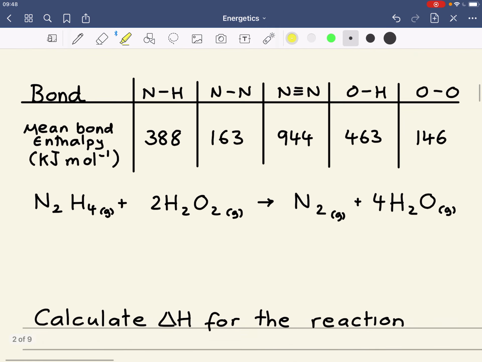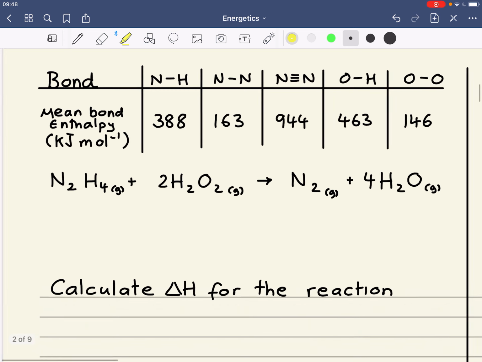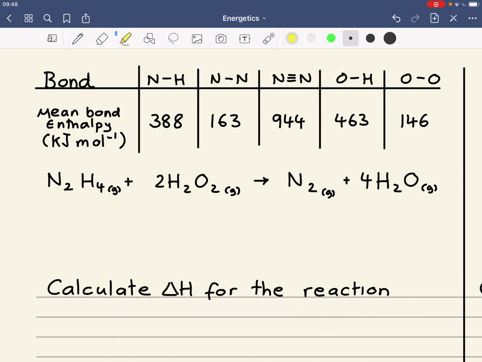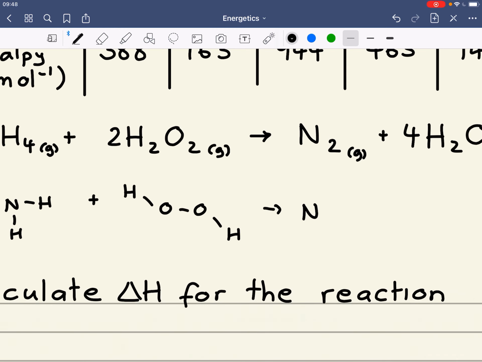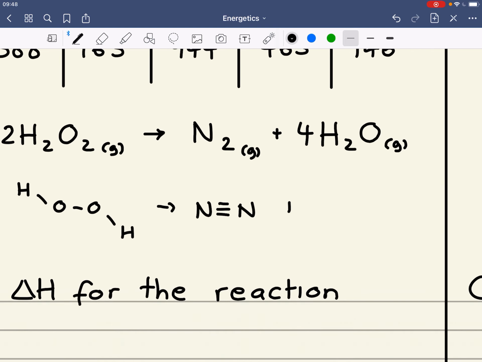So I've got a question now where I've got to calculate the enthalpy change for this particular reaction. It's a reaction of hydrazine with hydrogen peroxide to produce nitrogen and water vapour. In a reaction like this, we need to know the type of bonds involved in the reactants and products. Hydrazine involves a nitrogen-nitrogen bond and 4 N-H bonds. Hydrogen peroxide is as follows. Nitrogen is a triple bond and water is obviously